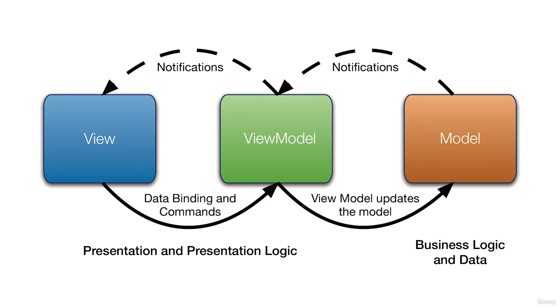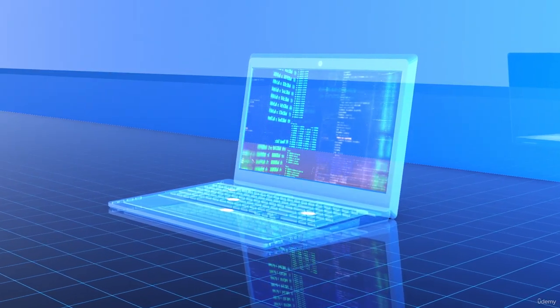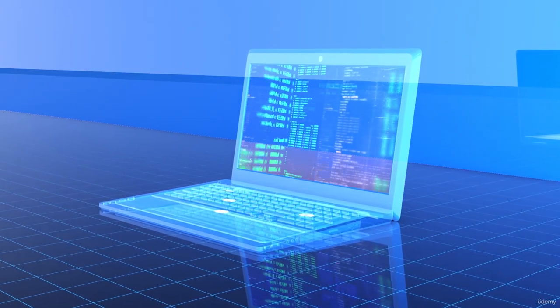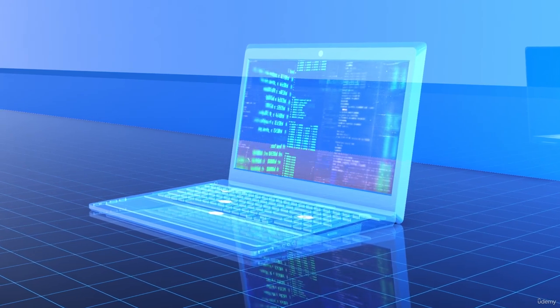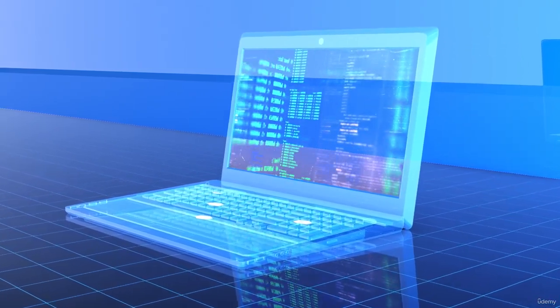The view model in MVVM is responsible for exposing the data to the view and handling UI-related logic. It ideally does not contain any UI code and does not know about the view. This separation of concerns allows for a cleaner, more maintainable code base and makes it easier to unit test the